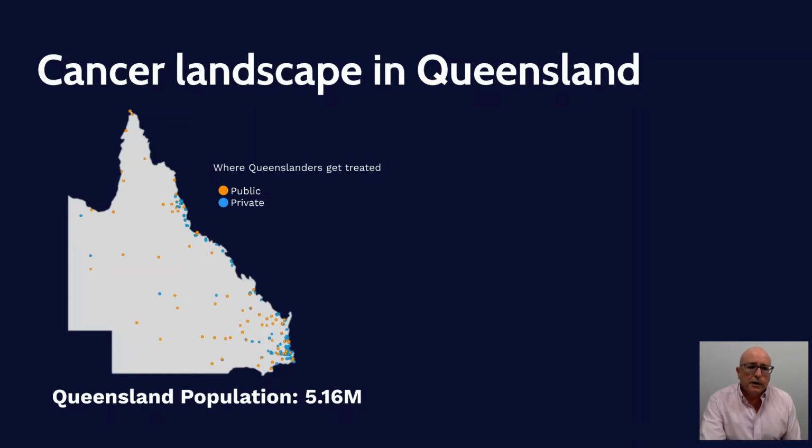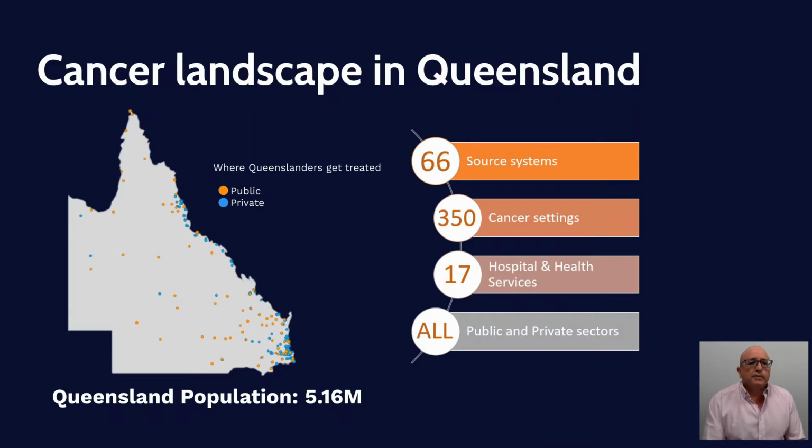So we're dealing with a population of 516 million people. We've got 17 hospital and health services. We've got 350 different cancer settings and 66 source systems. That's an awful lot of stuff, and as you know, and you might have seen in the news, Queensland has been involved in the public sector in getting the